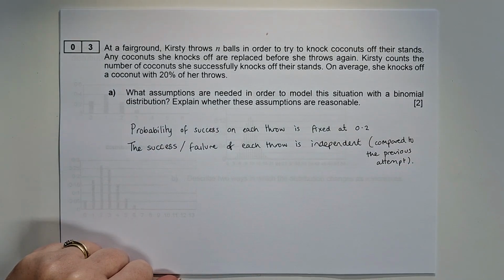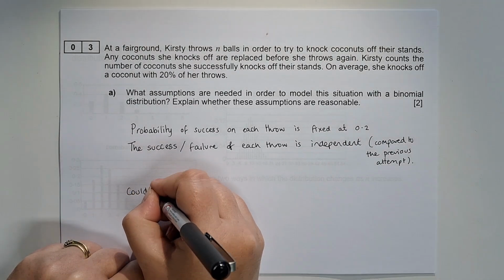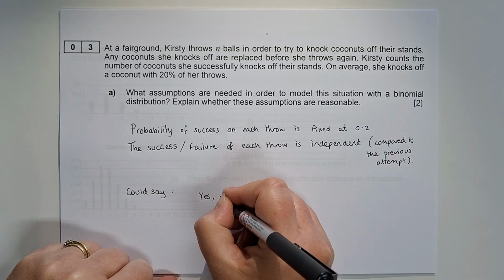So, are these reasonable assumptions? Okay, so you could say yes, because this is how good she is. Maybe the target's a long way away. She's not really getting better or worse every time she throws. So you could say these are totally valid assumptions. So you could say, yes, they're reasonable